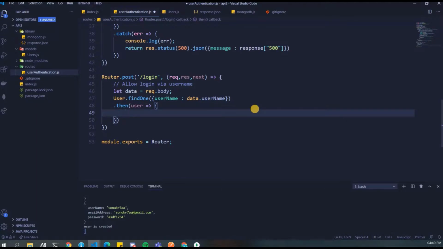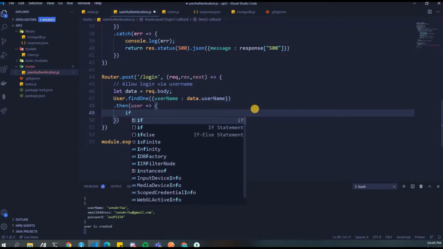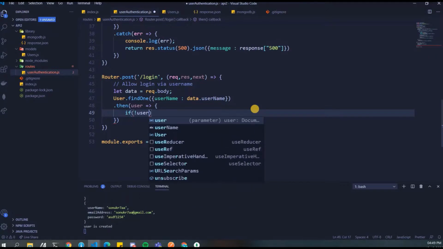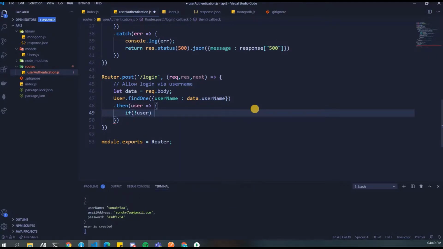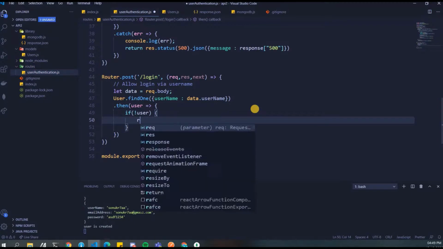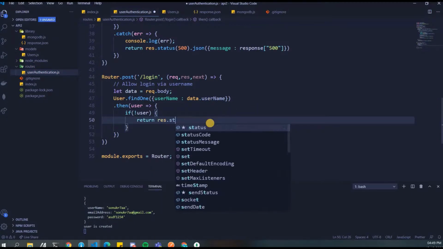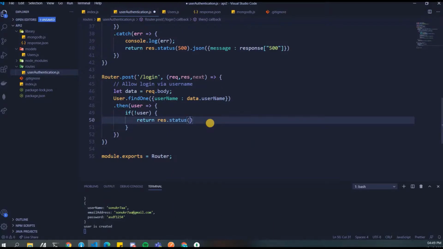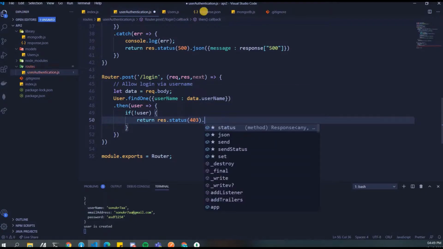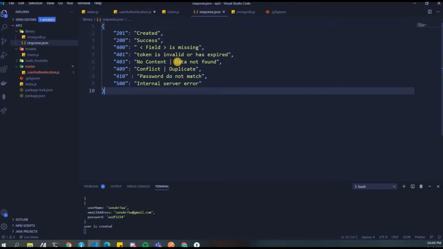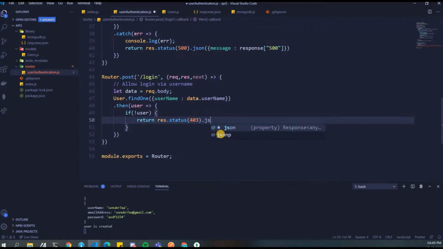Okay, and let's just go ahead and see if not user, then return. That means the username does not exist. We are randomly providing some username and trying to log in. So over here, just write, since this is not a conflict, right? That username does not exist. So we'll write no content, data not found. So over here, we'll write JSON